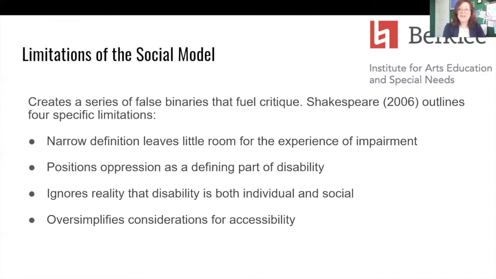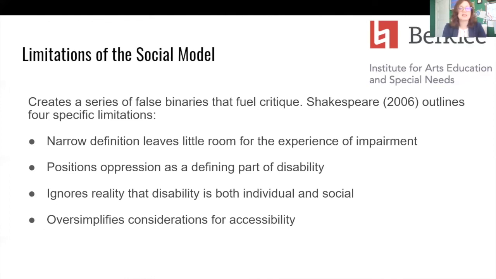So to go back to our graphic, Shakespeare is specifically pushing back on the idea that this woman is going to suddenly go into the event and not be disabled. Accessibility needs to be more responsive than just a checklist, and it also needs to honor folks' identities as disabled people. This is another area where we can see how people whose disabilities affect them in more complex ways aren't fully served by the definition of disability that the social model puts forth.